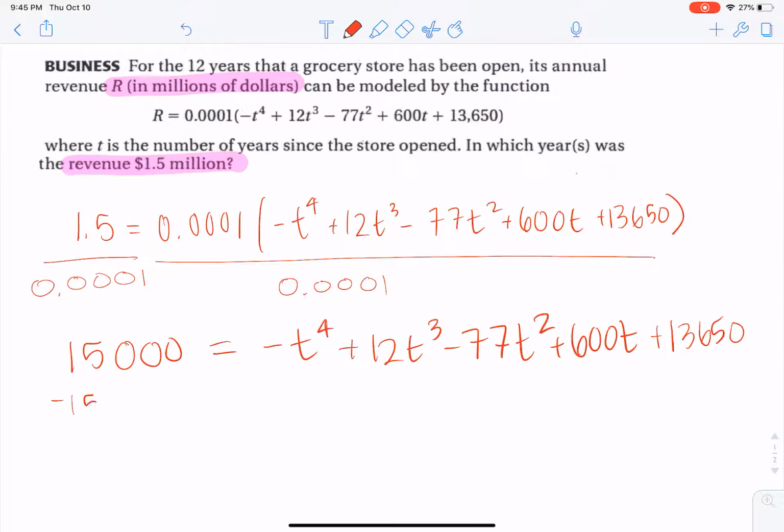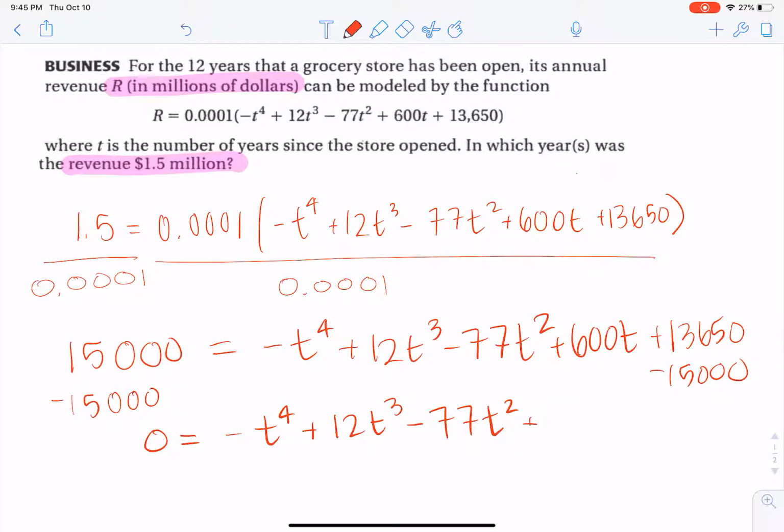So I'm going to subtract 15,000 from each side. So 0 is negative t to the fourth plus 12t cubed minus 77t squared plus 600t, and when I do 13,650 minus 15,000, I should get negative